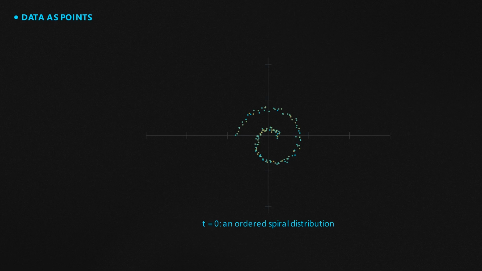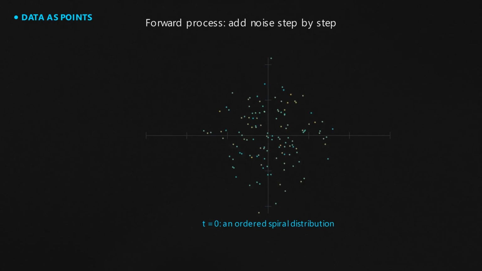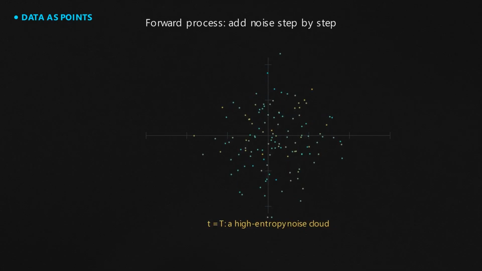Now let us switch from pixels to geometry. Instead of thinking of this image as a picture, imagine it as a point in a very high-dimensional space. A small image may have thousands or millions of pixel values. In machine learning language, an image is just one point in a huge coordinate system. A very emotional point if it is a puppy, but still a point.